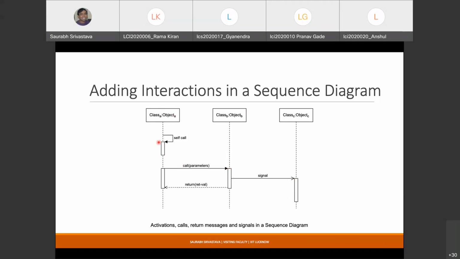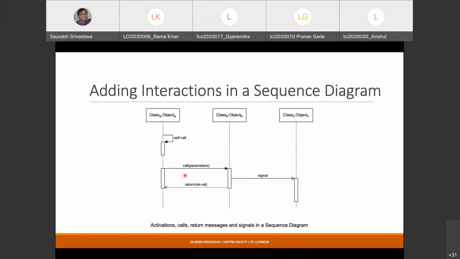In fact, you can call it three. Wherever the event that has happened only affects this particular object, I show a kind of self loop. This is an event which is pretty much internal to this object. It doesn't really affect the external world, the other objects. If the event is going to affect the others, you show it like a signal. So essentially you have one object that is going to generate an event, and this event needs to be propagated to another object. So this object must know that something has happened.